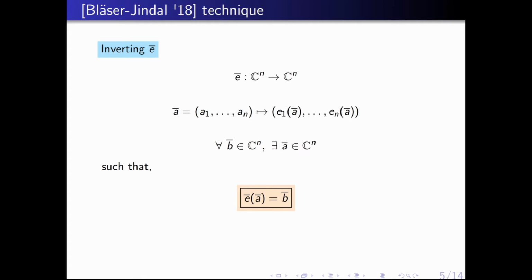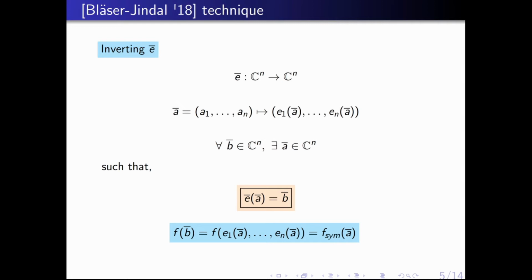Now if we can invert this map efficiently, then what we know from the fundamental theorem of symmetric polynomials will give us something like this. That is, evaluating f at the point b bar is equivalent to evaluating f sim at a bar. This is something crucial to note, and the proof is just a one-liner, because f of b bar is basically f of b1 to bn, and we already know that b1 is e1 of a bar, b2 is e2 of a bar, and so on, bn is en of a bar. Thus we replace each bi by ei of a bar, which will give us f sim of a bar from the fundamental theorem of symmetric polynomials.